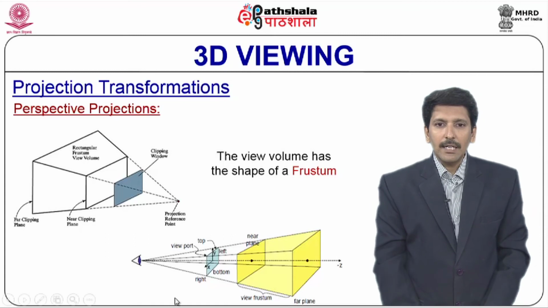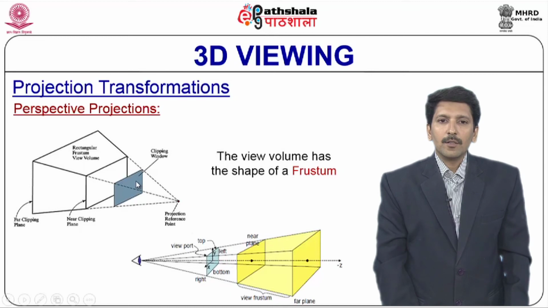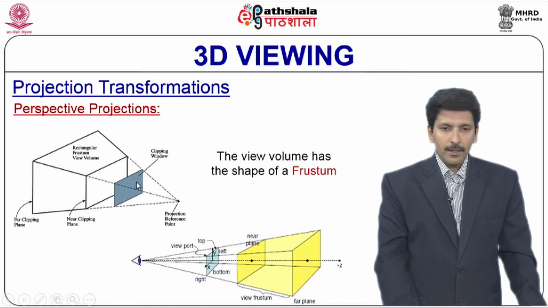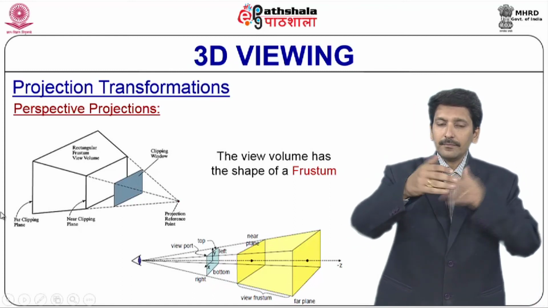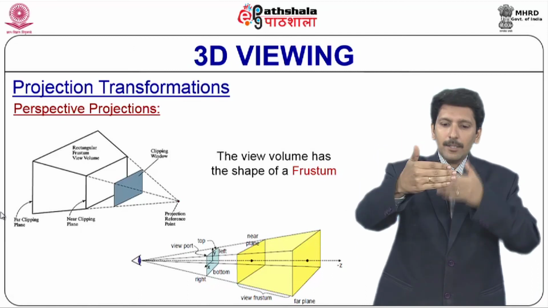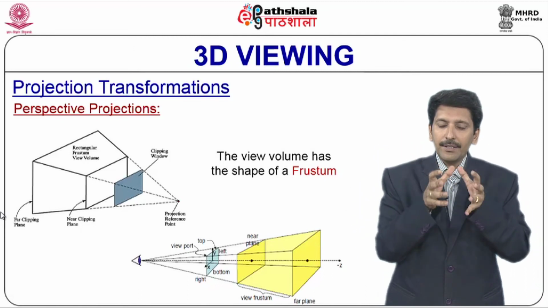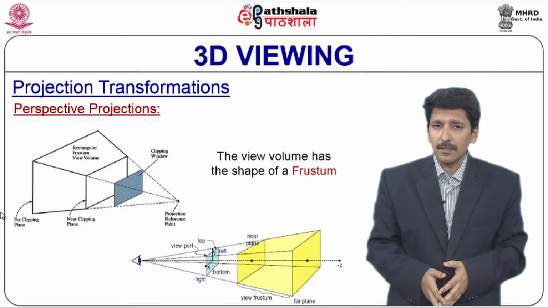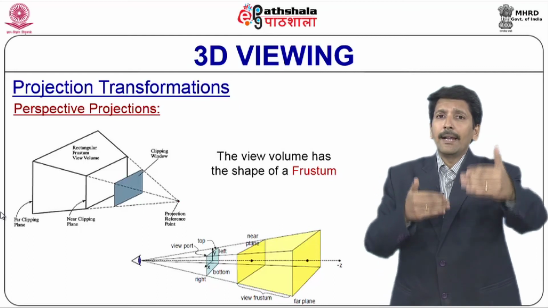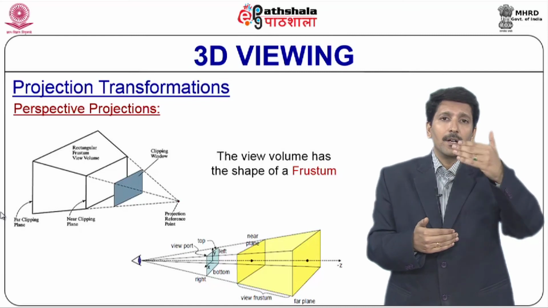As you can see here, this is the point where the lines of projection converge. This is the view plane onto which we are projecting, also called the clipping plane or view plane, as you wish. Now the near clipping plane and the far clipping plane: we fix two planes on the frustum, and whatever objects lie within the two will be considered for projection. Whatever objects lie beyond these two will not be considered. So the near and far clipping planes determine the boundaries of the frustum.